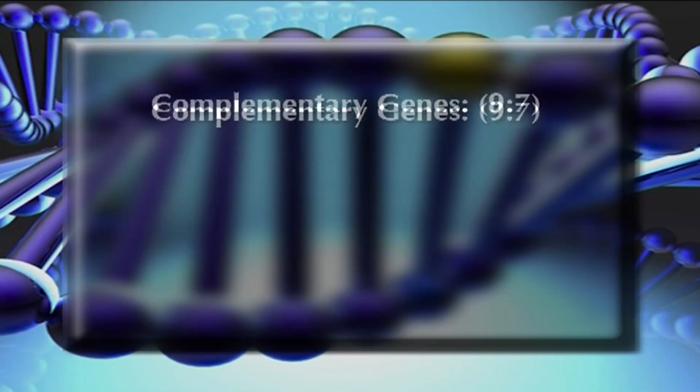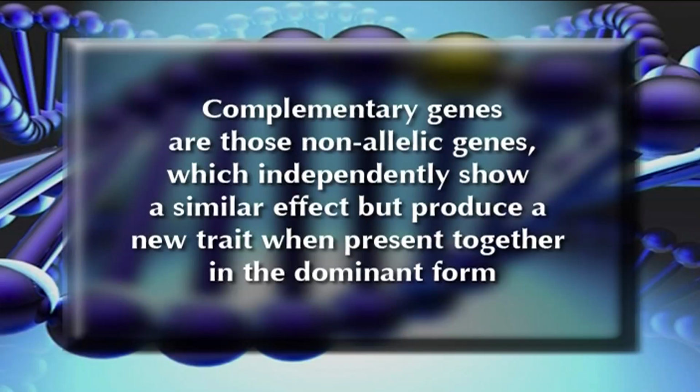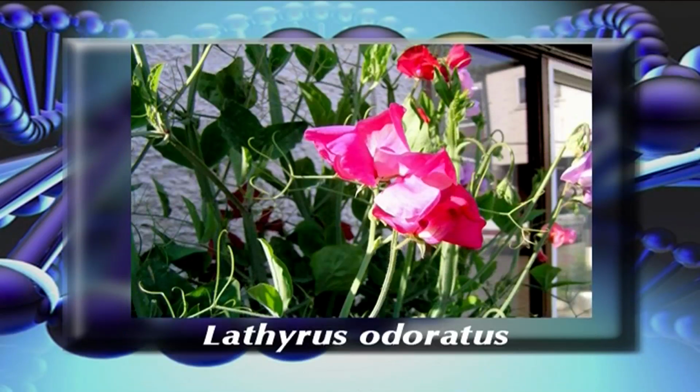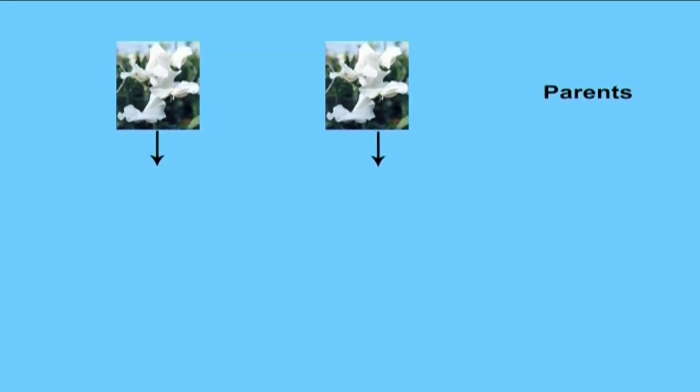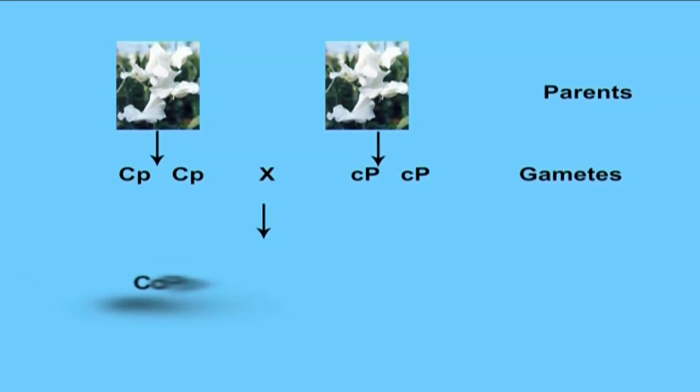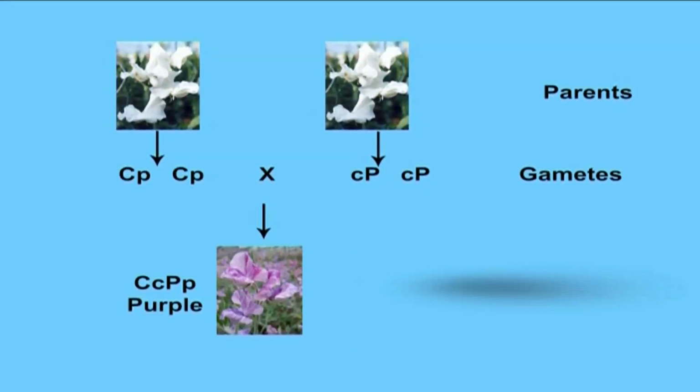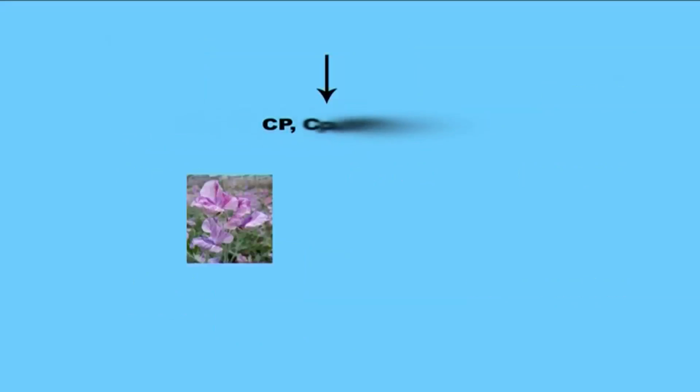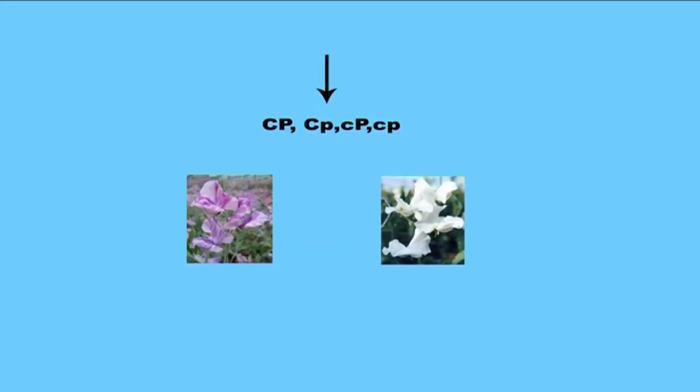Number 2. Complementary genes. Complementary genes are those non-allelic genes which independently show a similar effect but produce a new trait when present together in the dominant form. Flower color in sweet pea. Sweet pea has two strains of white flowered plants. If the two pure breeding strains are crossed, they produce plants with purple colored flowers. When F1 hybrids are crossed, they produce both purple and white flowered plants in the F2 generation in the ratio of